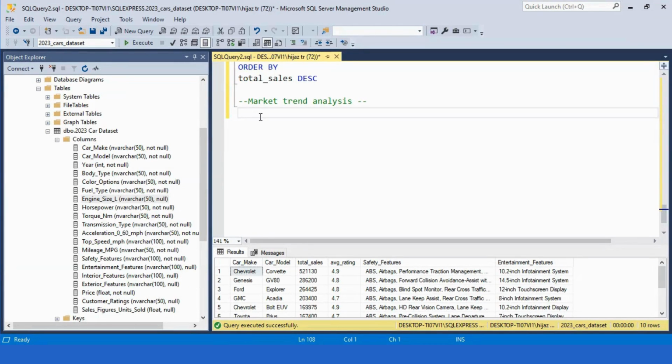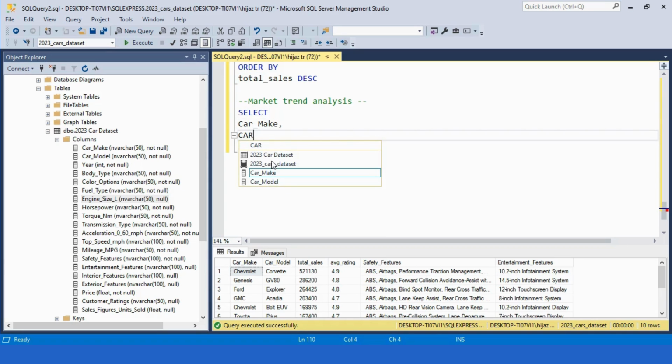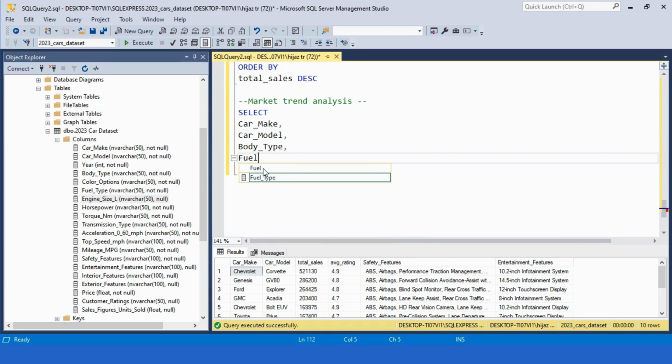So I'm choosing body type, fuel type, car make and car model over the years column, and also the units sold, like which car make, model, body type and fuel types have more units sold. So I'm using the select and from statements over the table, and in the select statement I'm choosing car make, car model,